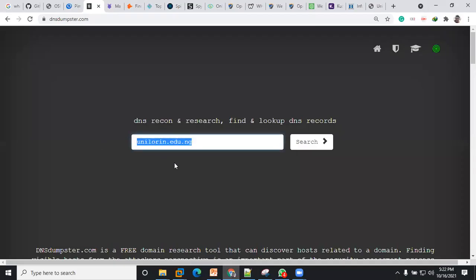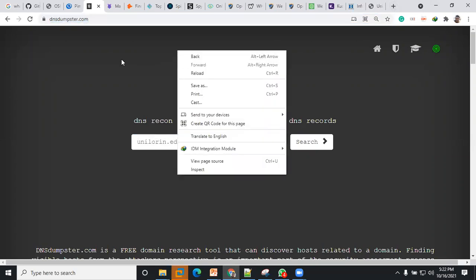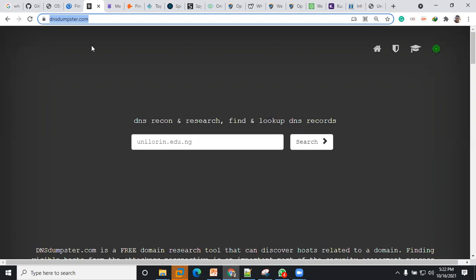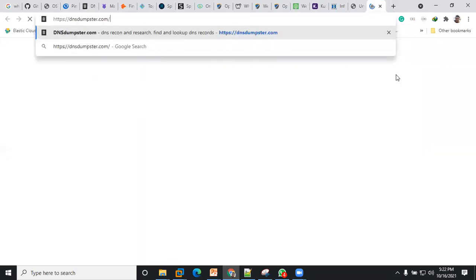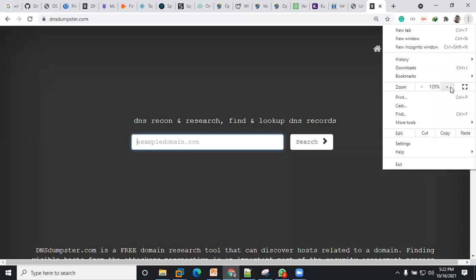So look, this is an example. I'm just taking, for example, the University of Illinois. I want to do a recon for it. So I'm just going to open this and duplicate this, so I can do a recon for two. So like I said, a good tool to use. You can see that we are not even opening our Kali at this point, just a normal URL. A good tool to use is your DNS recon.